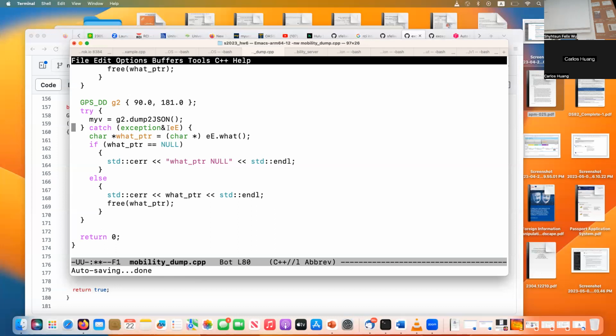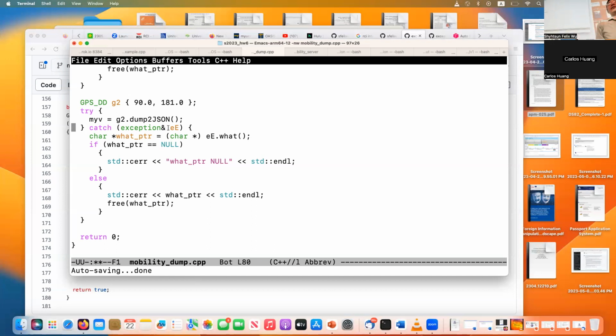In this case, you can see that you want to use a standard way of using the exception. One way to do it is just using std exception and look at the error. But it will be much more powerful if you actually design your own exception, like the way I showed you